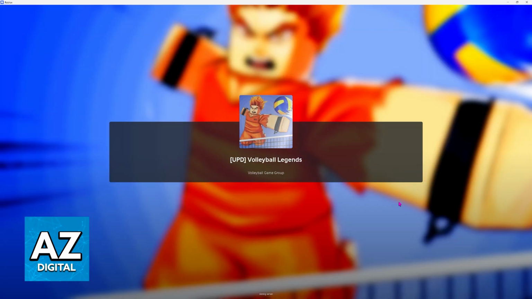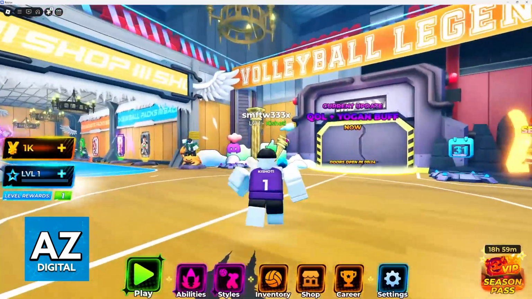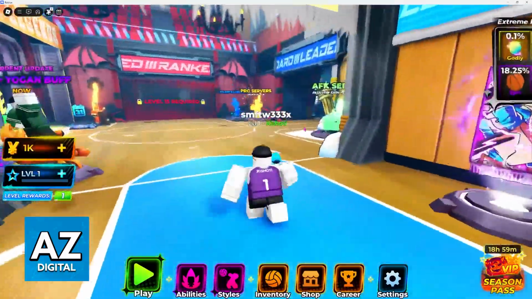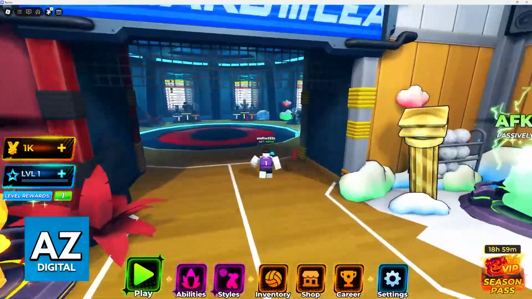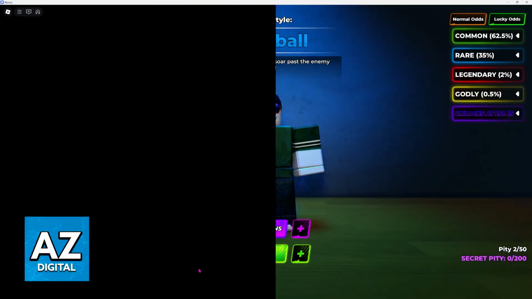And once you join, you can browse through all of the options. So use WASD to move around. You can enable or disable shift lock when you get inside of a lobby. So right now you can move around by pressing down right click and moving your mouse. You can zoom in, zoom out, all of the standard controls, and you can browse through all of the options.